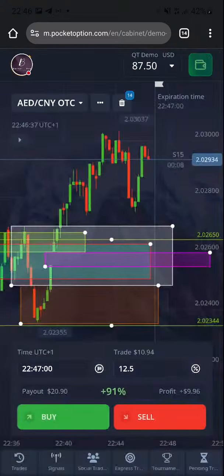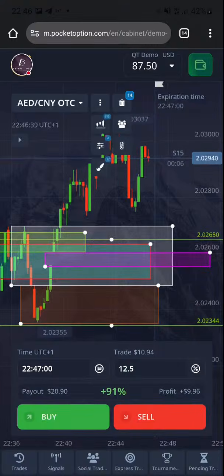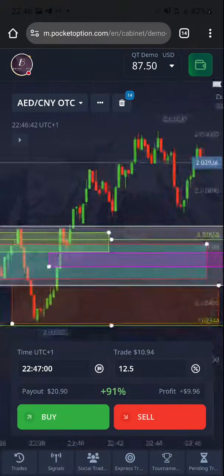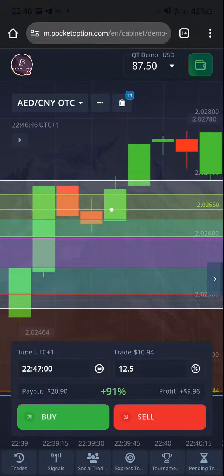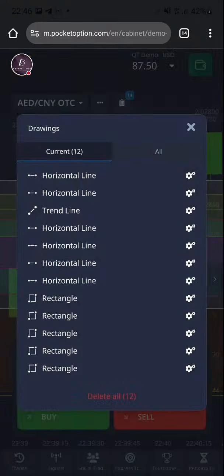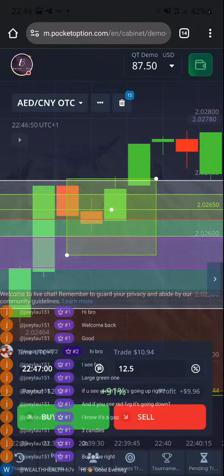Now in an even lower time frame, we may see other entries inside. So let's check. Okay, you can see right above that entry, we found another entry. We'll mark it again. So there's a lot of marks.